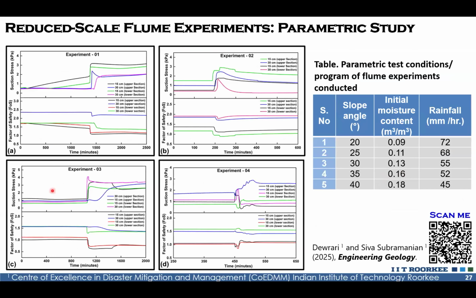And whenever there is this further loss of suction and further change in suction stress, we could see the safety factor of the slope, which we calculated under infinite boundary condition, is going closer to 1. Traditional practice tells us if it's close to 1, we can assume failure. That's what we also did. And for different experiments, the factor of safety is plotted here.